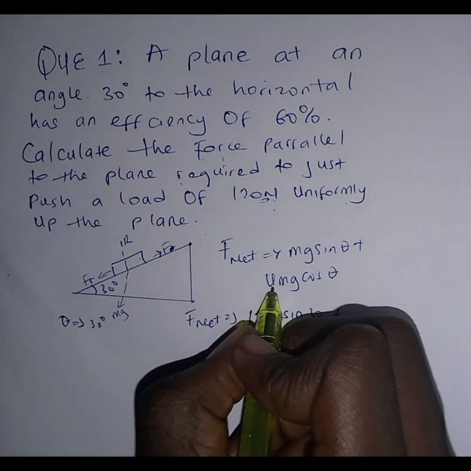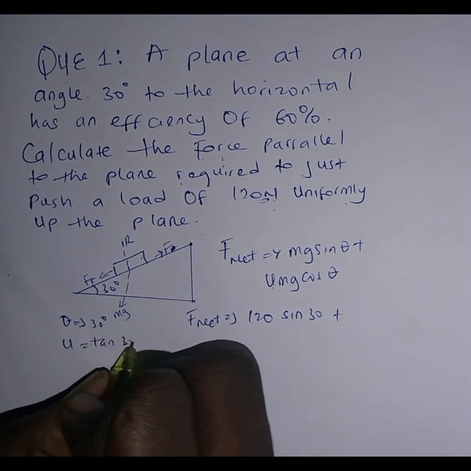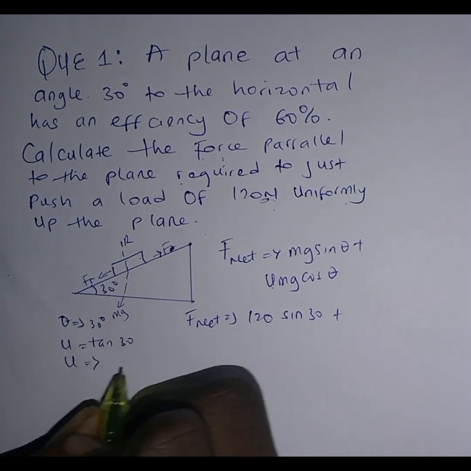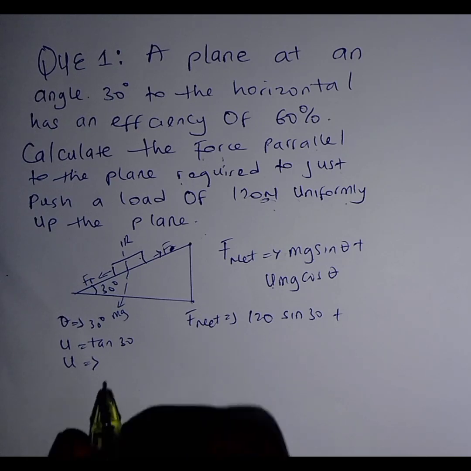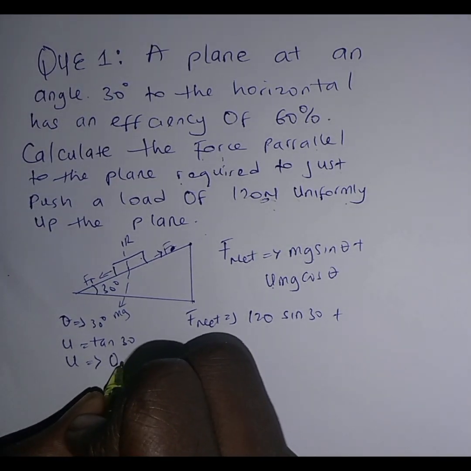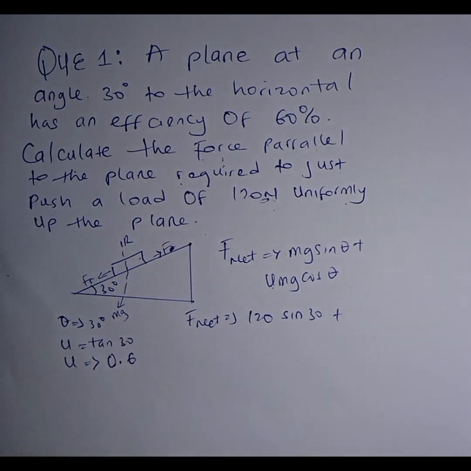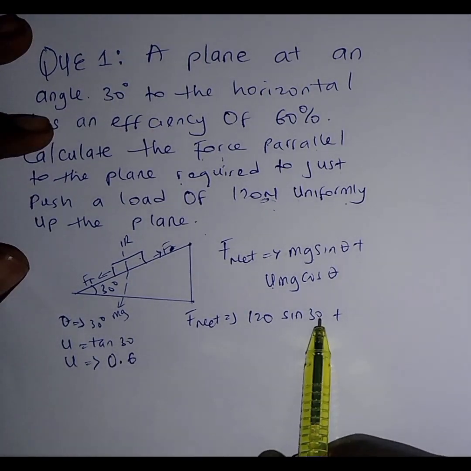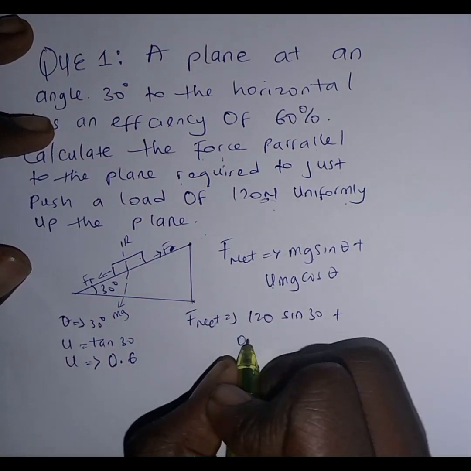So we need to calculate our mu, and I told you that mu is tan 30. So what's the value of tan 30? The value of tan 30 is approximately 0.6. Are we together? So therefore 120 sin 30 plus mu is now 0.6